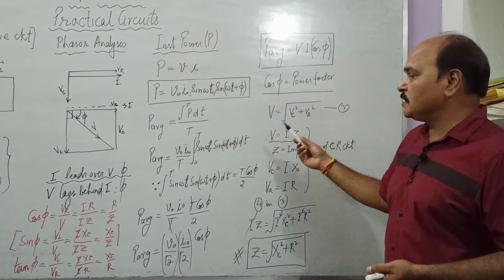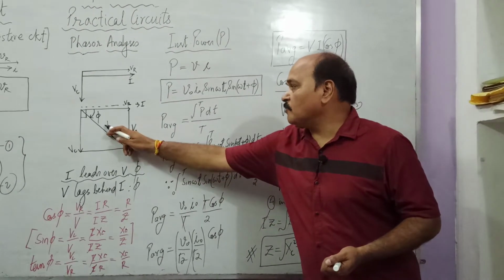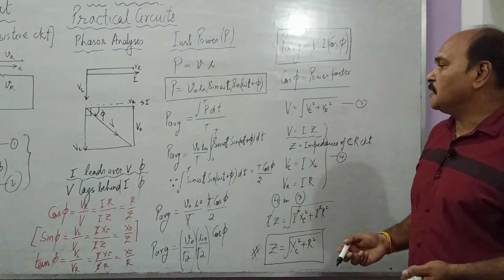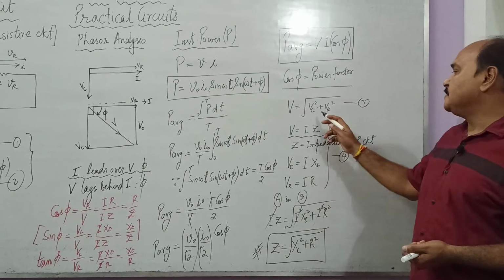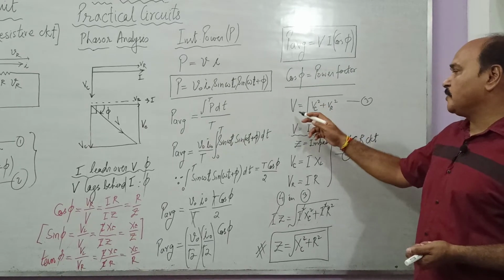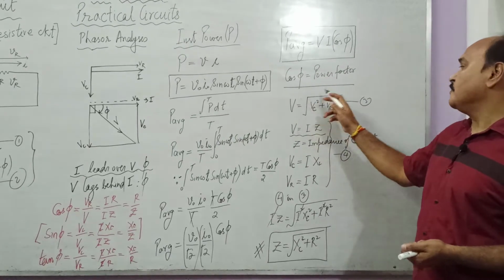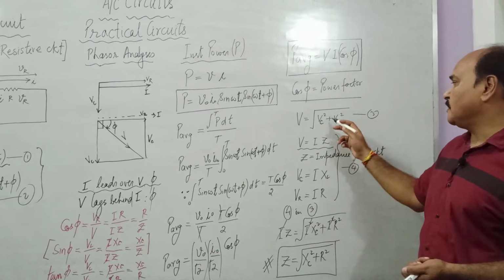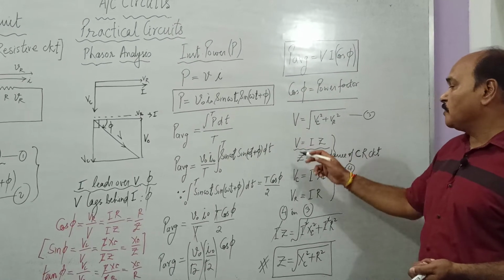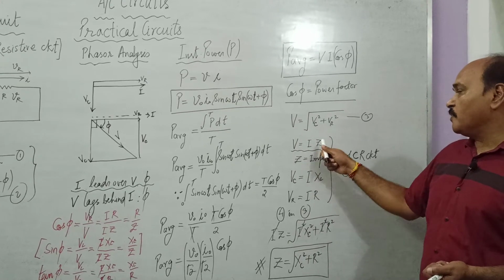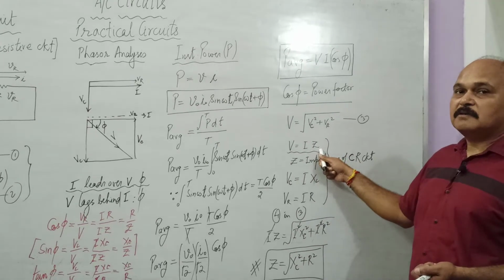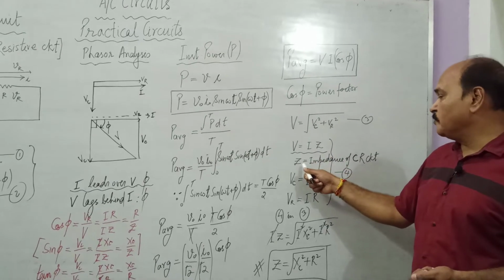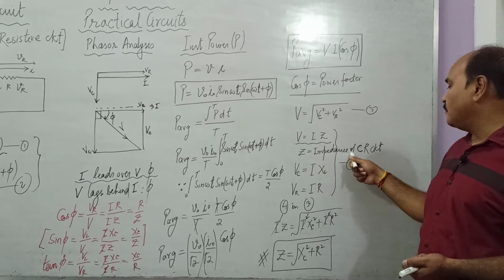Well, what is the overall voltage? As we were talking about, this overall voltage is the sum of these two perpendicular vectors, and these perpendicular sides are VC and VR. So V is going to be the hypotenuse, the square root of the sum of squares of base and perpendicular, VC square plus VR square. What is overall voltage? Overall voltage is overall current into overall obstruction. This overall obstruction is known by the name impedance of the CR circuit.